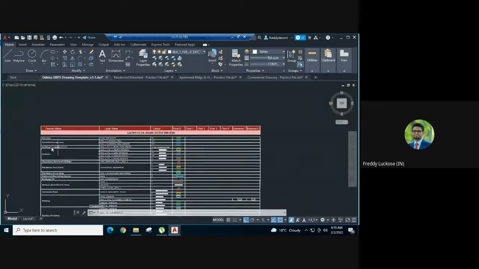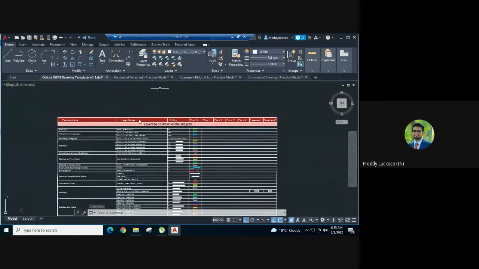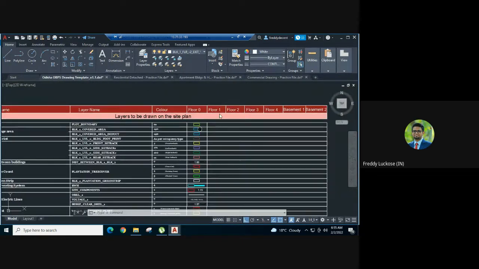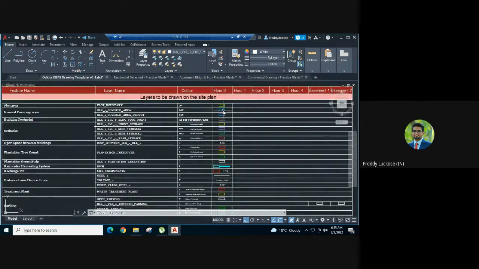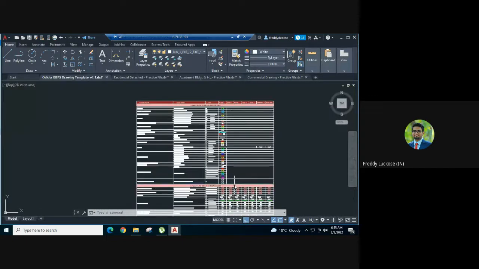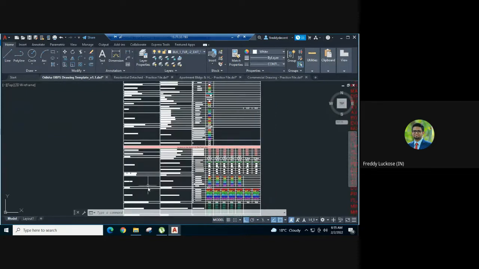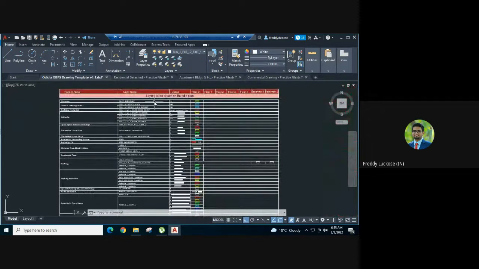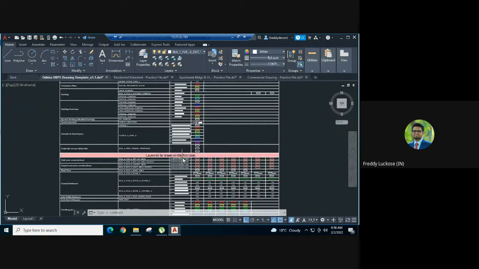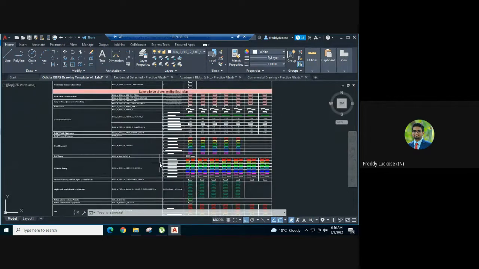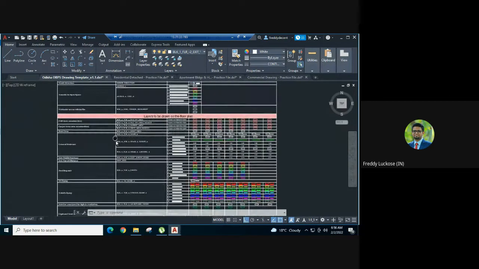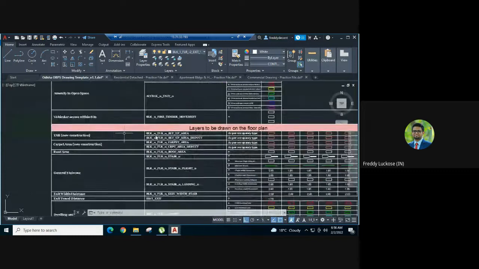So you have these two options. Either you can create your own layers, or you can bring in the layers from the drawing template. We have tried to capture all the information for the common types of projects, and any kind of layer name that is mentioned in the drawing manual, we have included here. And similarly, like the drawing manual, we have divided it into the different sections that you have to make, like layers to be drawn on site plan, and layers to be drawn on the floor plan, and subsequently sectional elevation as such. So if you see the FAR component,